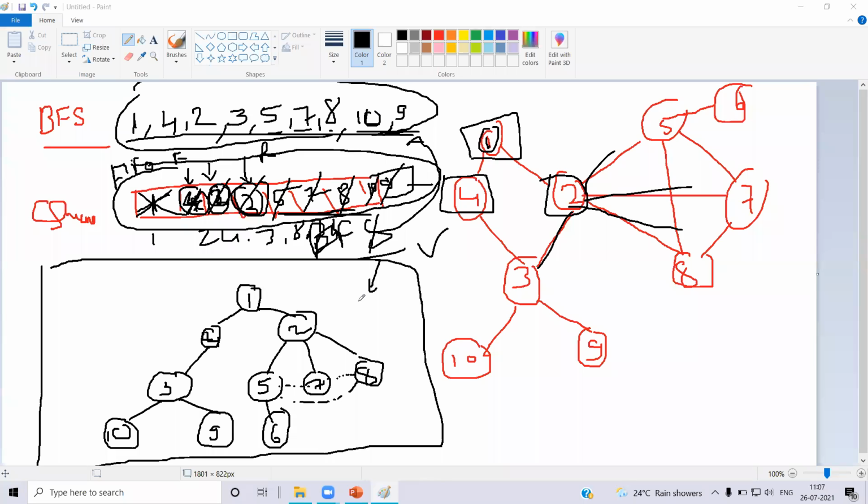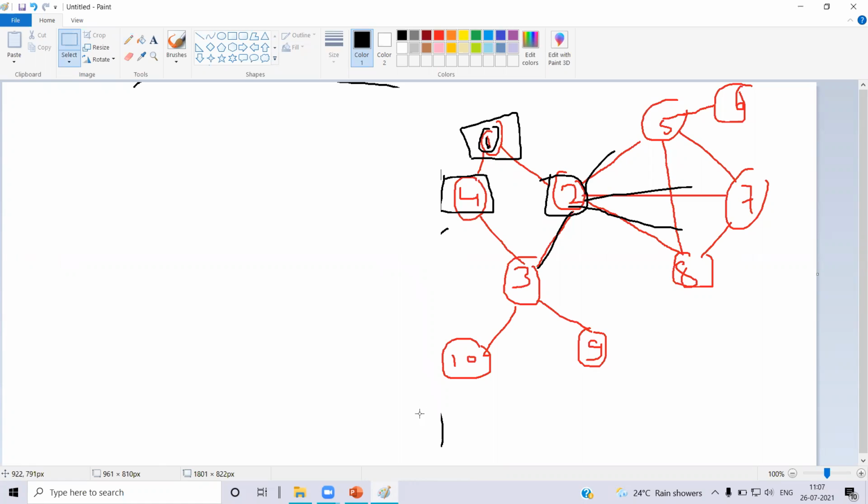So now let us look at DFS. For this graph, if I implement DFS, what will I have?